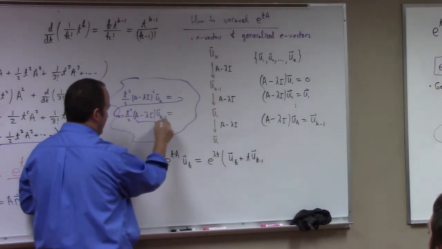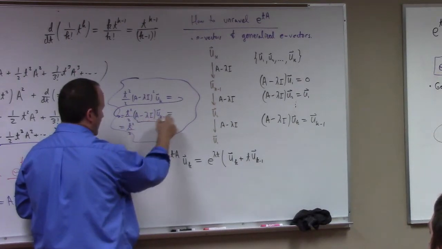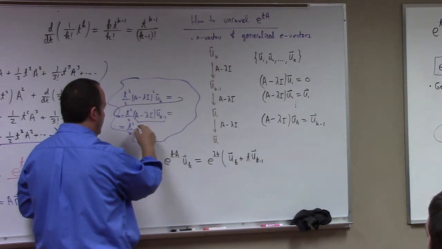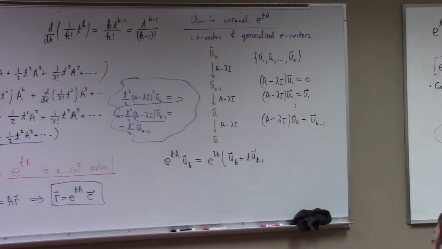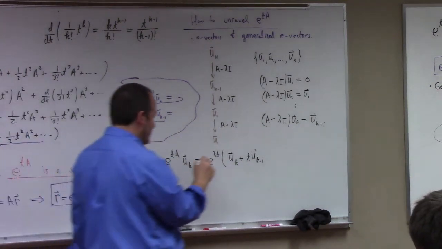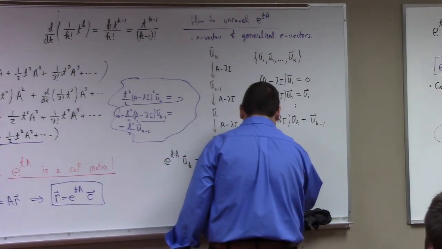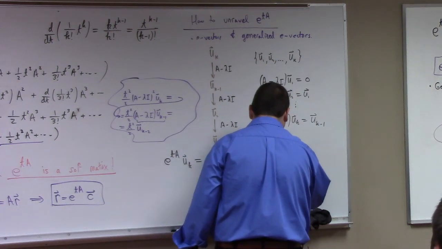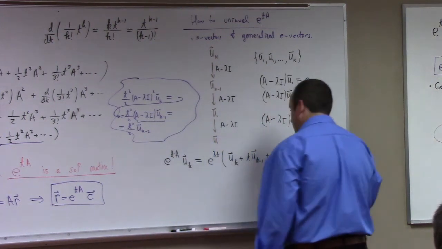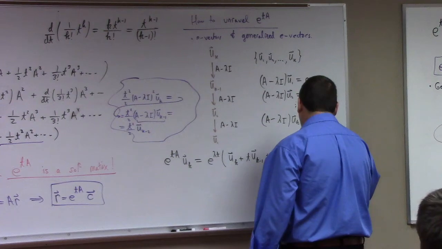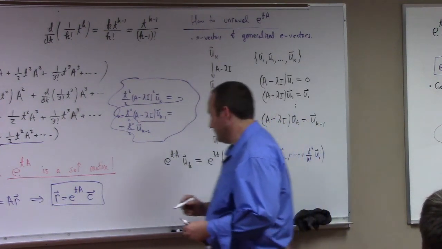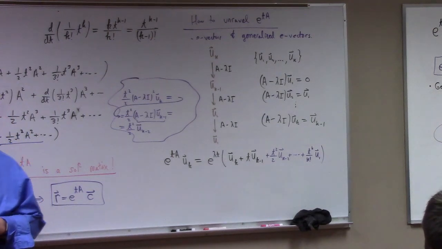Then this gives me what? A minus lambda I times uk minus 1 is assumed to be uk minus 2. That's the way this works, all right? A minus lambda I times anything in the chain gives me the thing right next, down the chain. So we get plus t squared over 2 times uk minus 2, and so forth and so on, until finally we get t to the k over k factorial, and then eigenvector u1 at the end of that. So I wrote down the formula for k equals 2 on the other